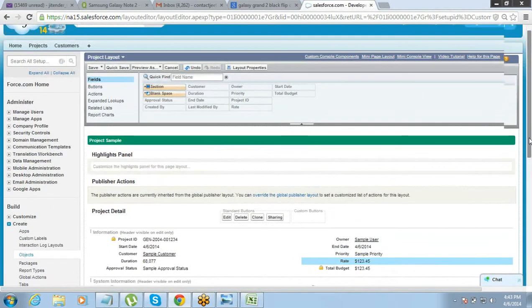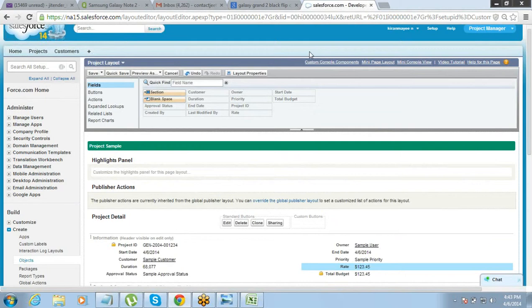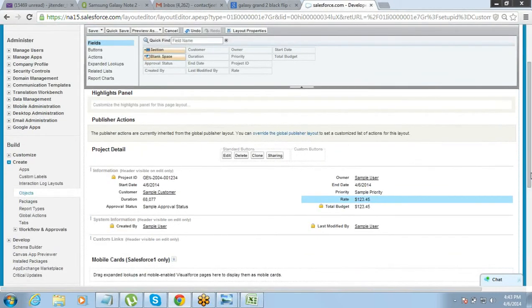So we understand the utility of page layout. It's very important. In a way, it looks like a very simple thing, just clicking on the page layout and editing it, putting some fields here and there. But the most important part is that you are able to make certain fields required for a certain group and not required for another group. And you can make fields required from this side. You can hide a few fields, right?